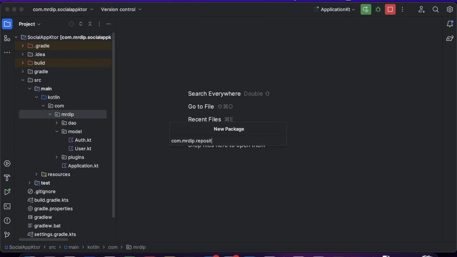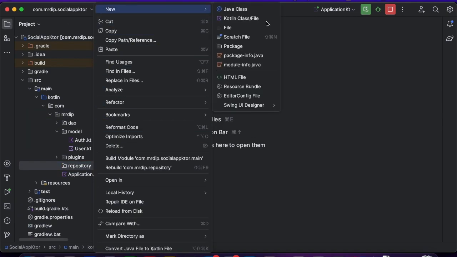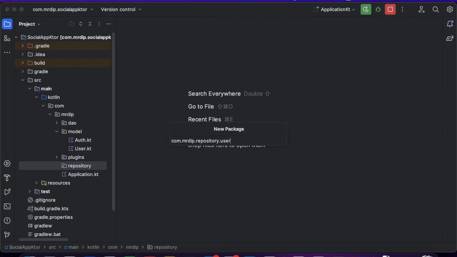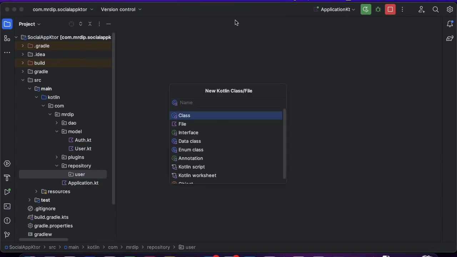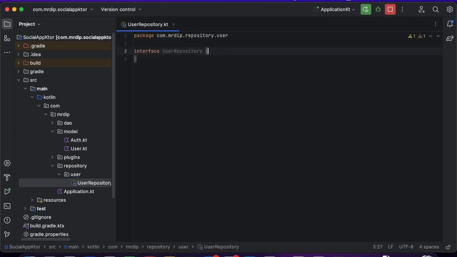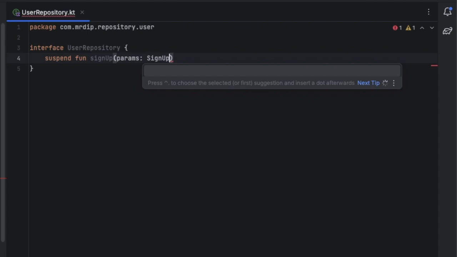And I will call this repository. And inside this repository, I'll create a new package that I will call user. Now inside this user package, I'm going to create a new interface that I will call user repository. Select interface. This interface will declare two methods. On one hand, sign up, which will take params as sign up params,